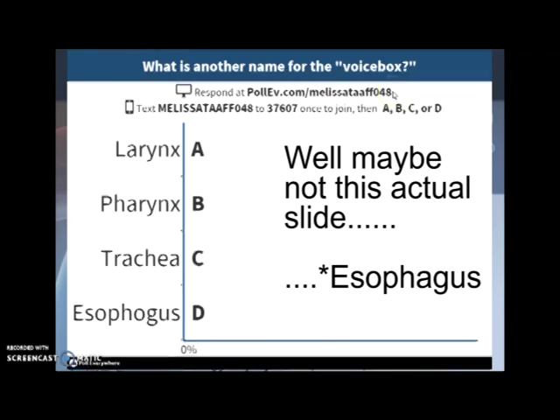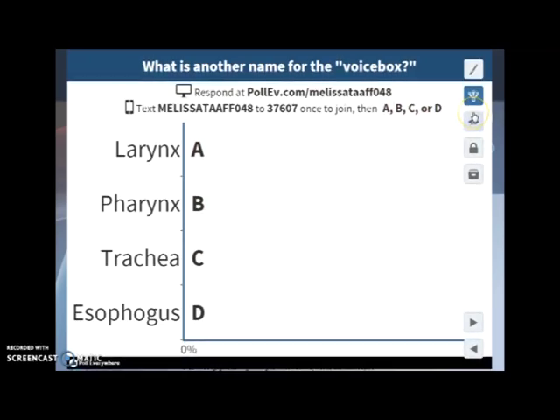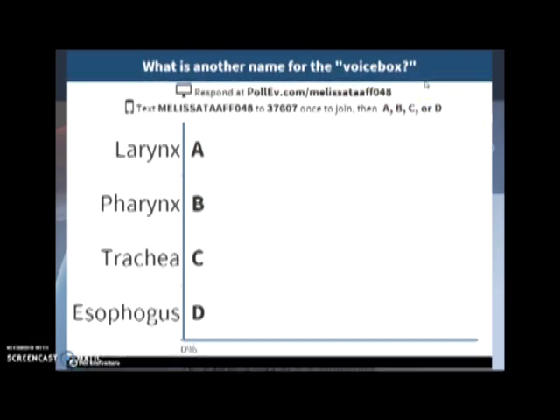to respond, either at pollev.com under Melissa Taaffe 048 or texting Melissa Taaffe 048 to the number 37607. That's how you join the group, and then you can continuously keep answering different questions once you've already joined the group. So students at this point can click either A, B, C, or D, and that's how they're going to